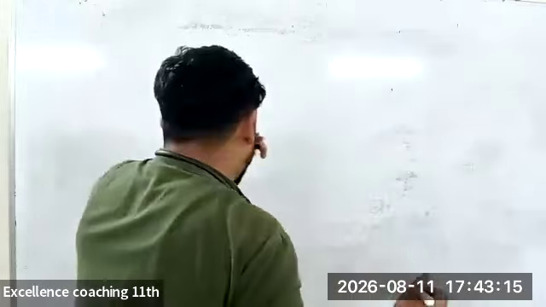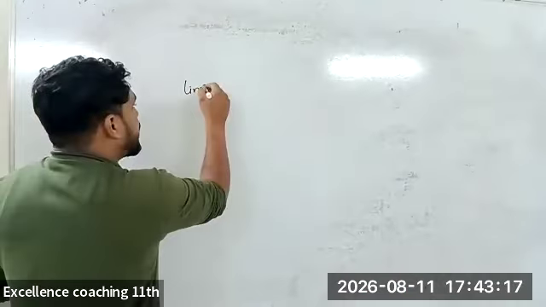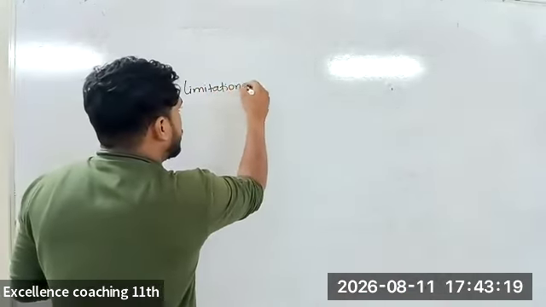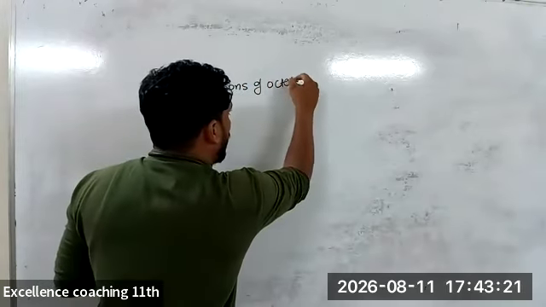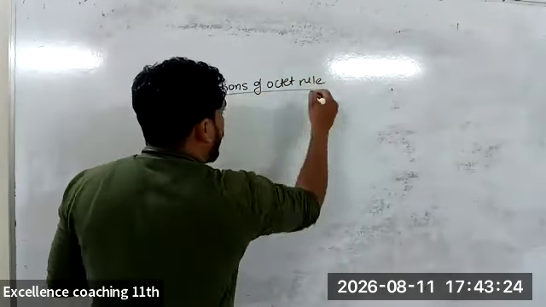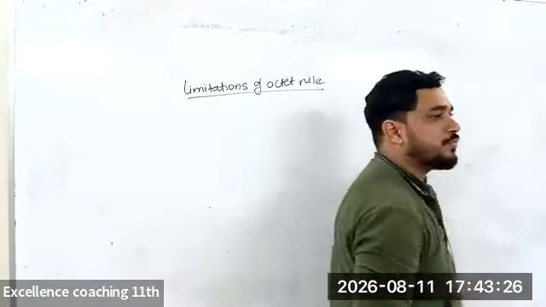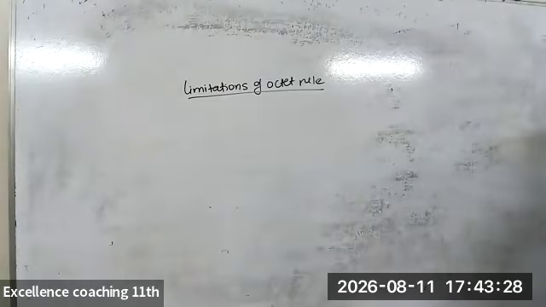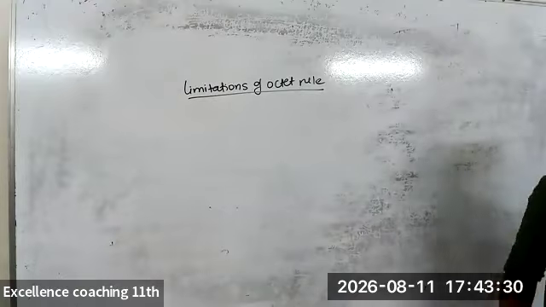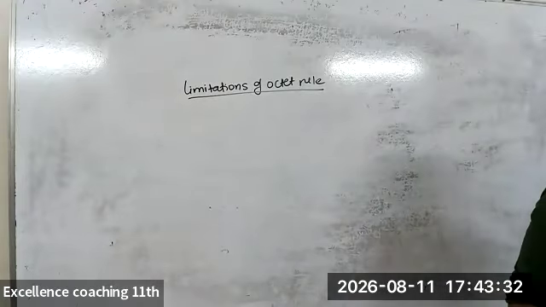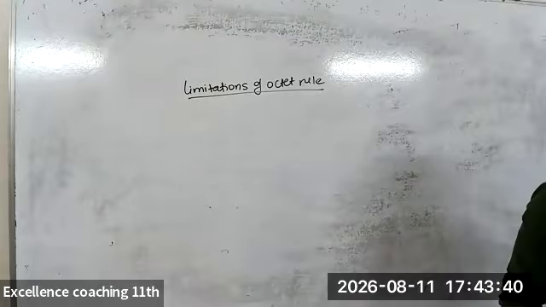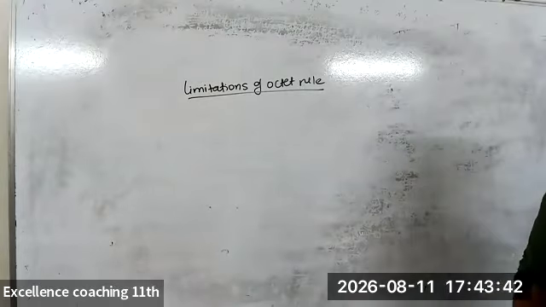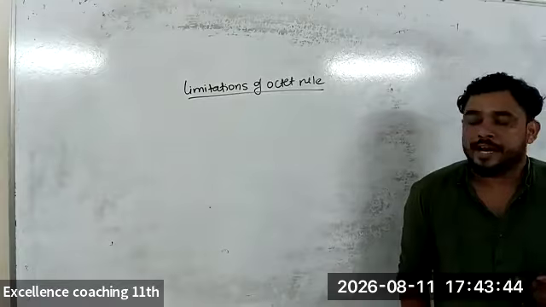Okay. So next is limitations. Write down limitations of octet rule. Limitations of octet rule. So write the first one: the incomplete octet